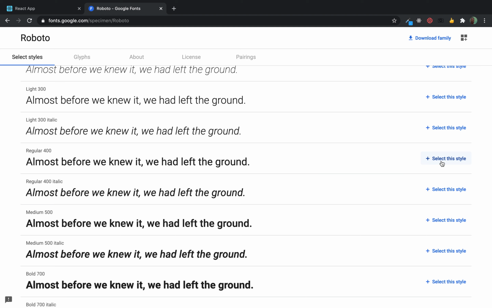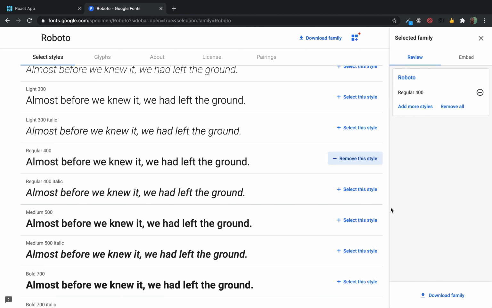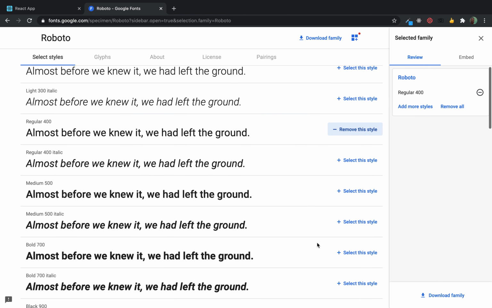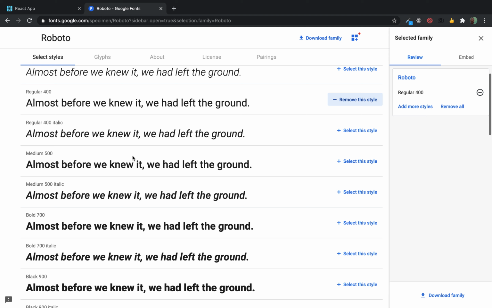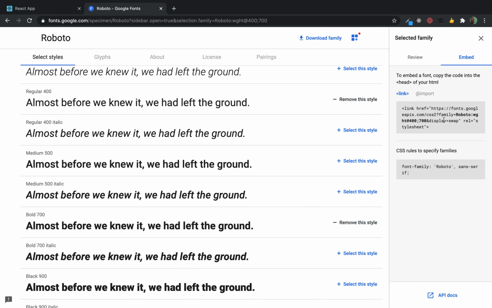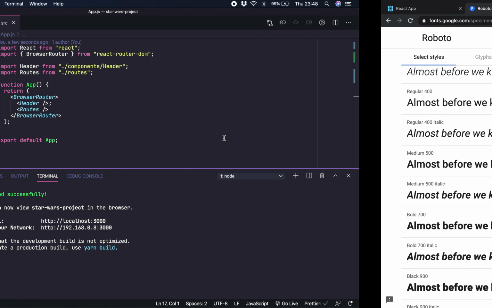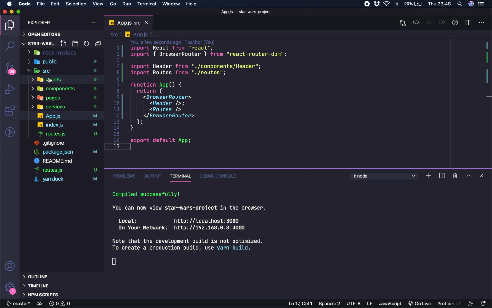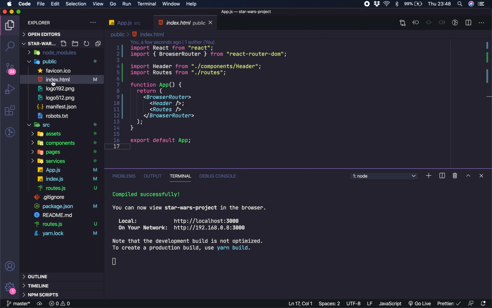Two styles, two fonts, two kinds of Robotos here. Regular, 400, and bold 700. Okay, let's click on embed, copy this code here, returning to the project, public index,